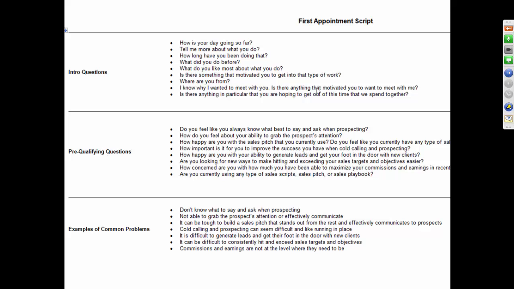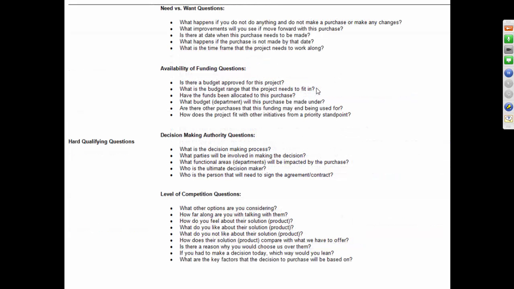And so here's an appointment script that helps with that. You see here are some of the pre-qualifying questions. These are similar. The same questions should be displayed here as are on the call script. The reason is that there's not enough time in the call to ask all of the pre-qualifying questions. So either asking what wasn't asked, or even going back and talking about some of those questions again, is what's good to do in an appointment when you're being a consultative salesperson. You could prod the prospect to see if they have any of the pain points that you help to resolve.